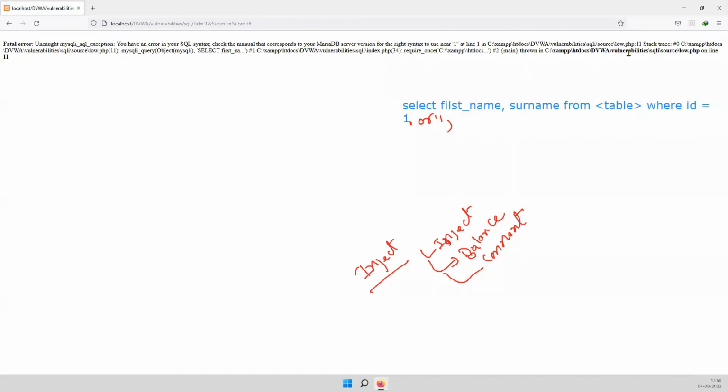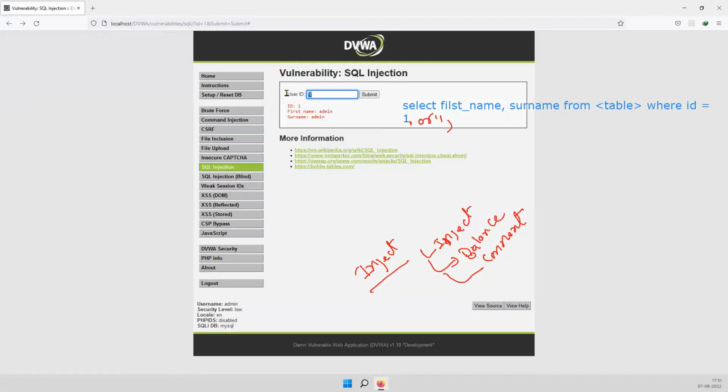As soon as I have sent the injection, you can see that my database is sending some kind of error. If the database is sending this kind of error, that means my application is not made to handle the error. It is not able to handle the error. Now I understood that this is completely injectable. I just need to put the right injection. I'm not going to take more time. I'm putting this kind of injection, where ID equal to 1 or